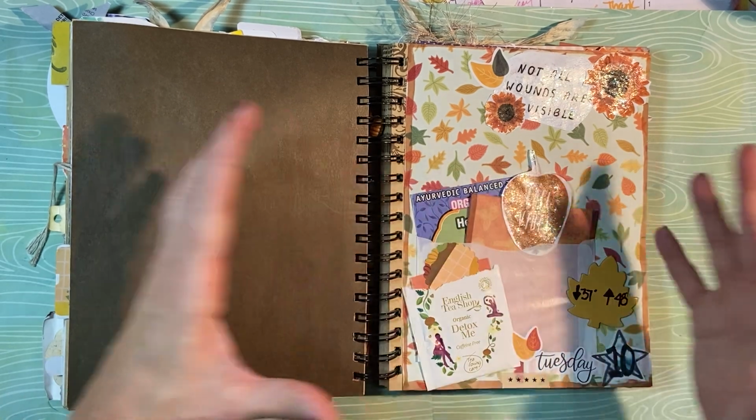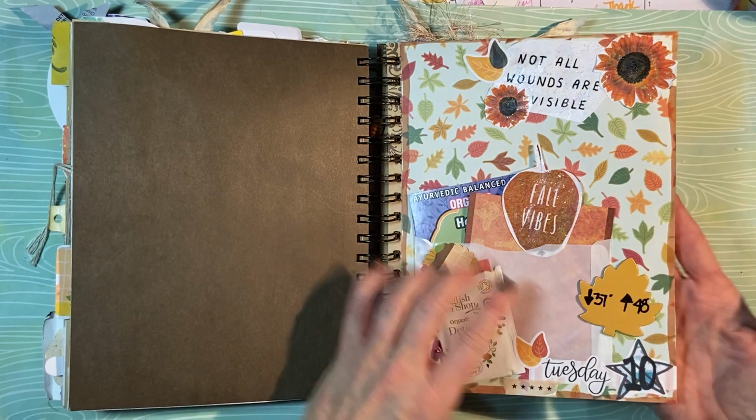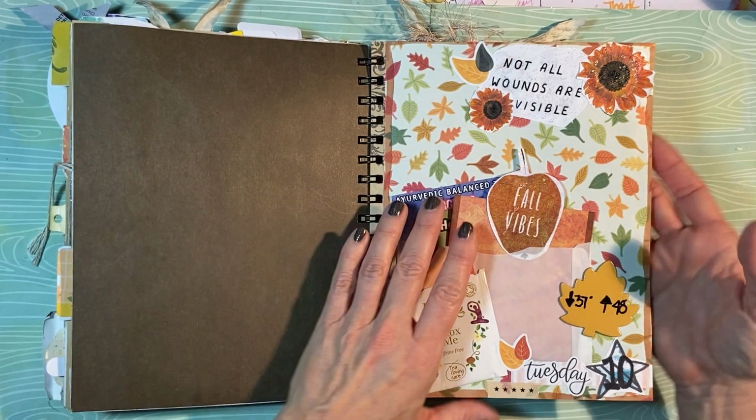And so I wanted to just note them because I'm focusing on gratitude this month. So I did note our temperature, just because it's something to note about your day, right? And then this is,